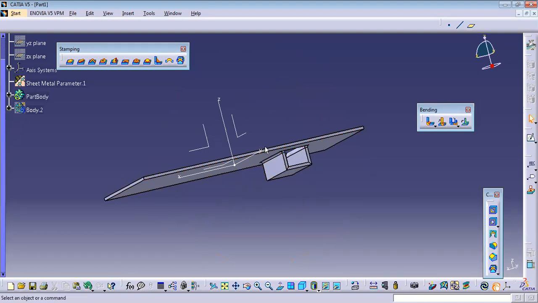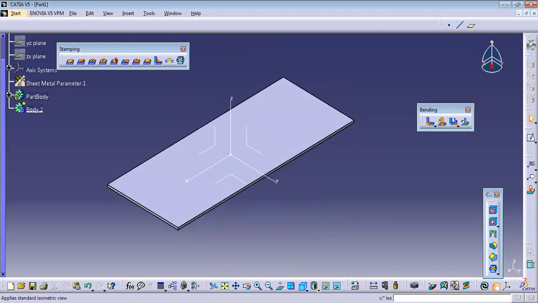Got it? Okay, sir. So it is called a user stamp. You can go with any sort of profile. If you have your own punching profiles, you can go with them. The depth of that punch will totally depend on the model you create in that part design. Any doubts?